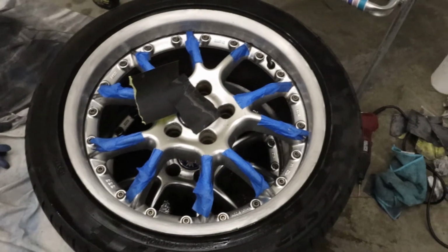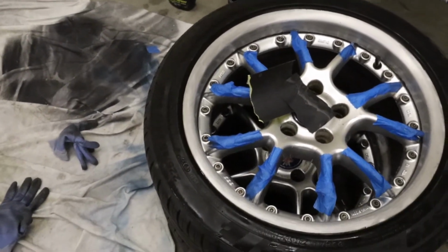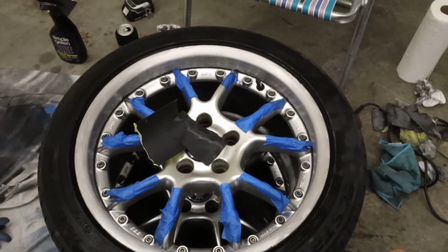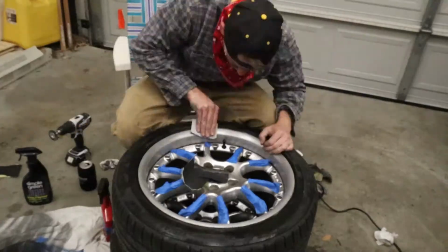So here's how they look after 2 passes with 600 grit. Starting to get a little bit of a shine to them. Next I'm going to step it up to 1500 and just do the same thing, 2 coats around, and then